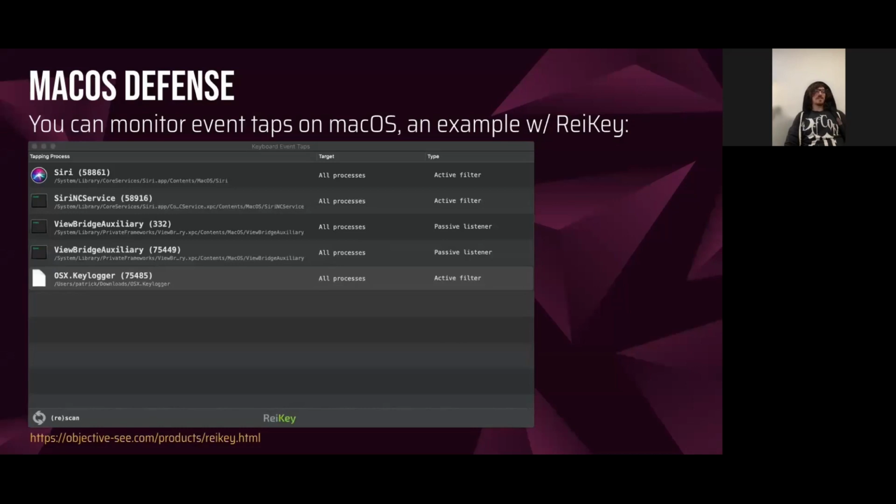The detection here is also pretty well explored. Patrick Wardle of Objective-See makes a lot of really cool macOS tools. And here's one that he made called ReiKey, which lets you monitor for event taps on macOS. And again, Patrick puts a lot of thought into his detection tools. One of the big problems with these keylogger detection techniques is just simple false positives, because legitimate programs will use these. So not only will he show you all this stuff, but then his